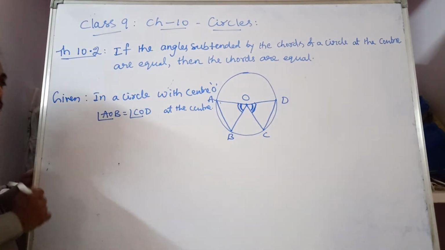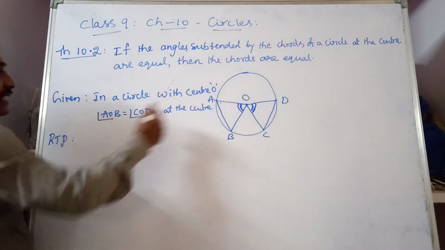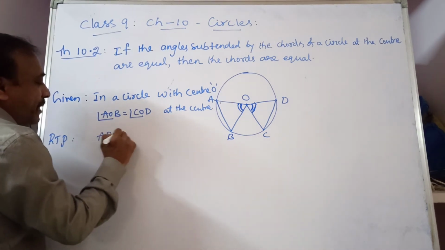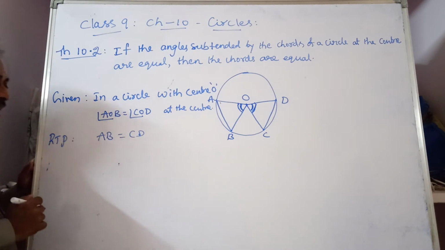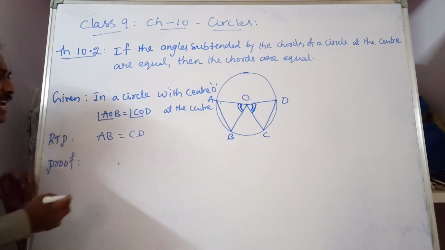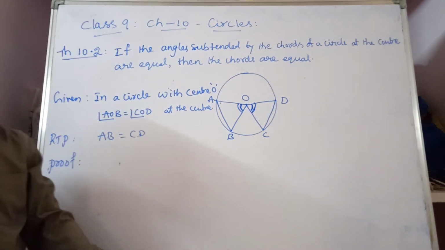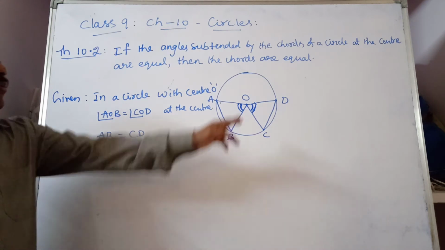That is given in the question. We have to prove that. Required to prove: what we have to prove? The chords are equal. AB is equal to CD. Both the chords are equal. For that, proof. So OA and OB, as in the previous week, as we understood, what is OA and